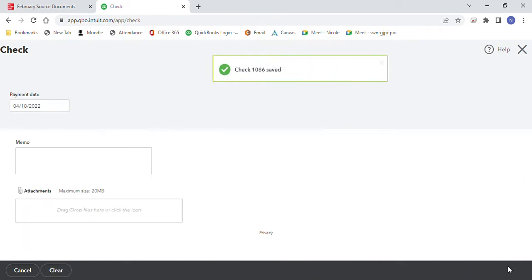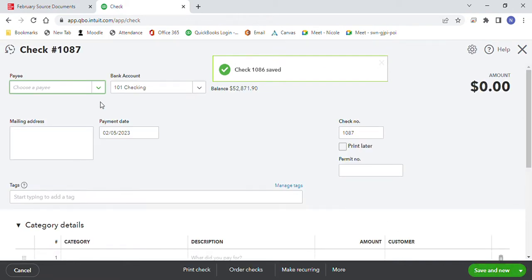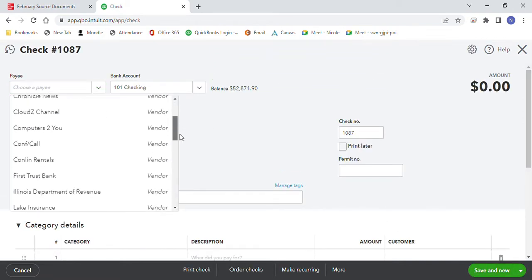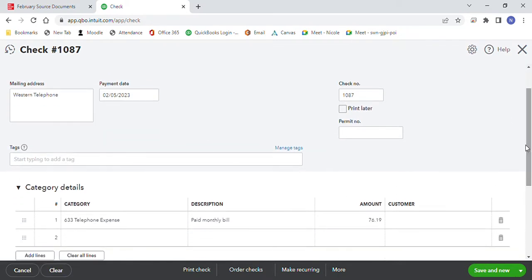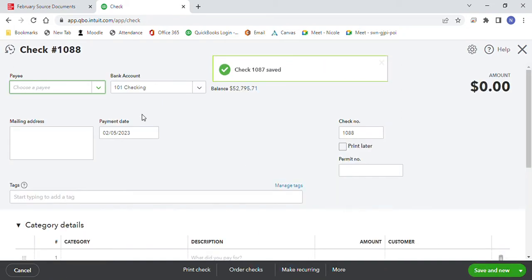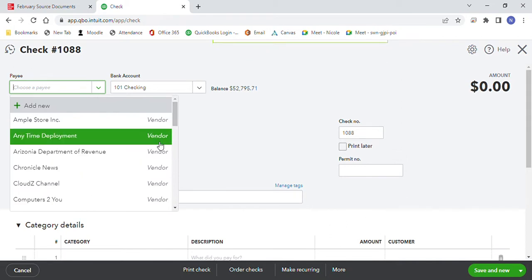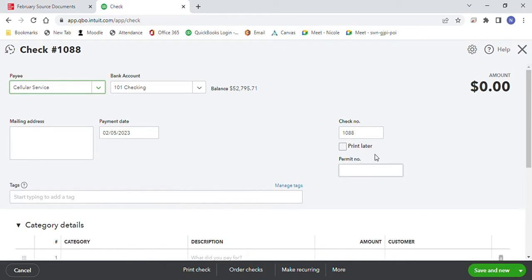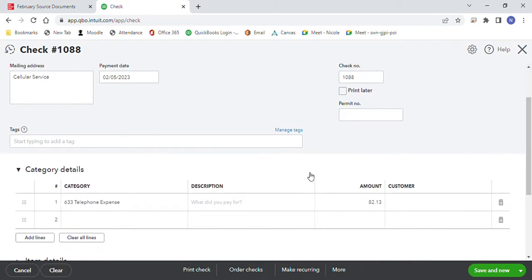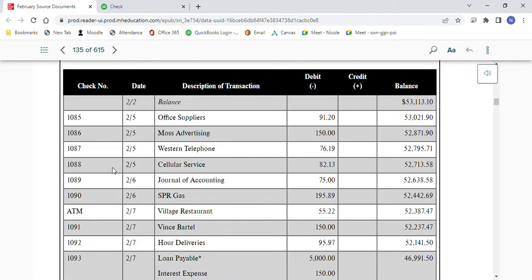The next one is Western Telephone, also on the 5th. And as we know, that's always going to be the $76.19. And then our last one on the 5th is Cellular Service. And the cellular service charge is $82.13 as always, save and new. And now if we look over here, the next one on the 6th would be Journal of Accounting,